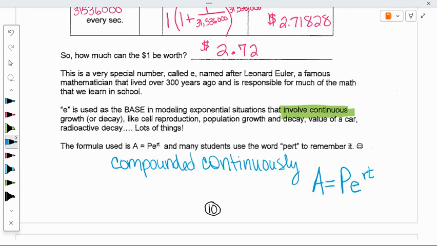So your homework for this is page 11 and 12. Hang on a second, I'm not done. Then you can read